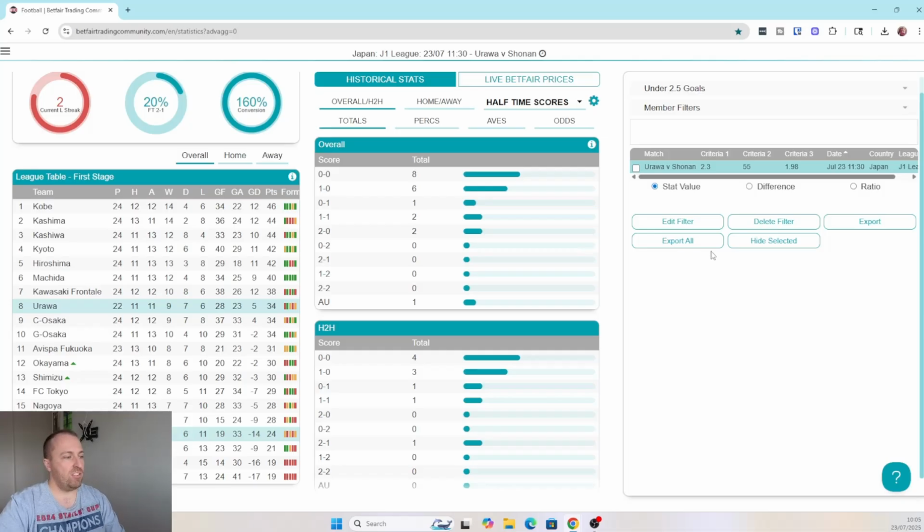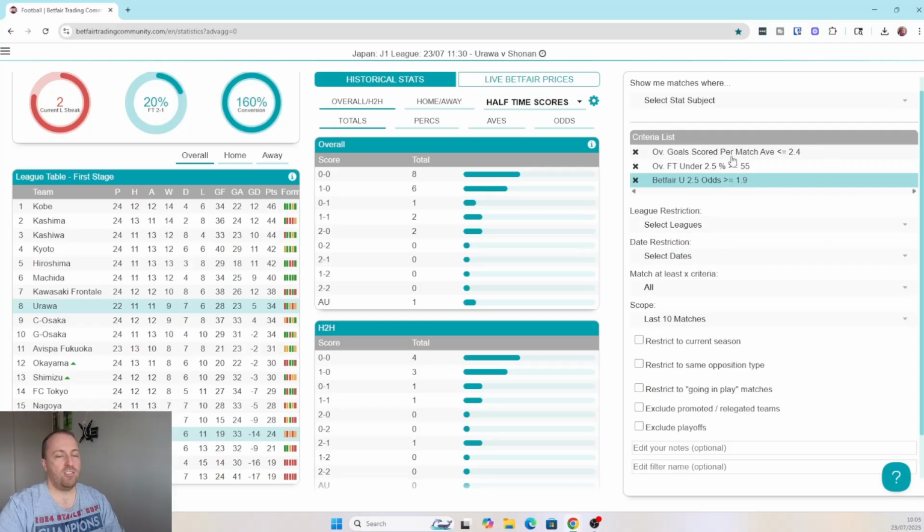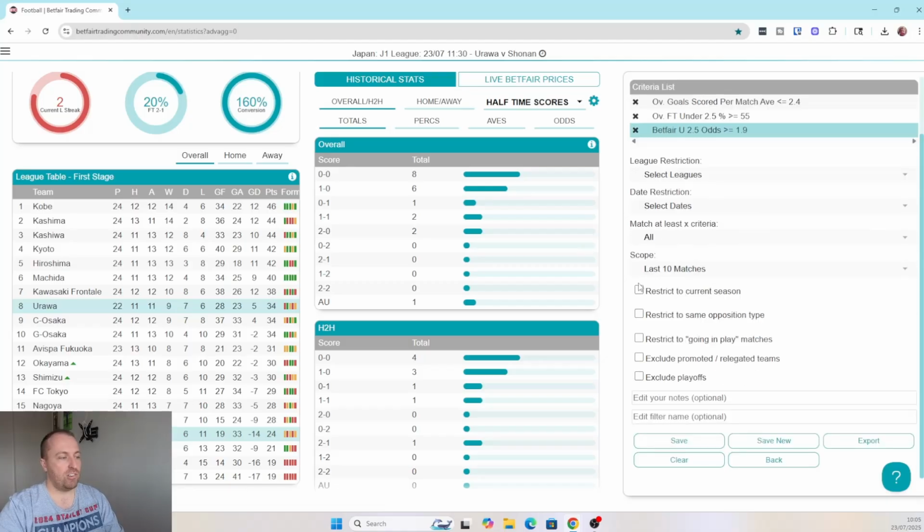And again, with this criteria, you can change all of this how you like. You can add what you like. You might want to add in a certain amount of games played that season. You might want to restrict to current season, restrict to going in play. Obviously, if you're trading in play, that is something you're going to want to do. You might want to exclude playoffs. Again, playoffs play a bit differently. You might even want to exclude the promoted relegation teams,